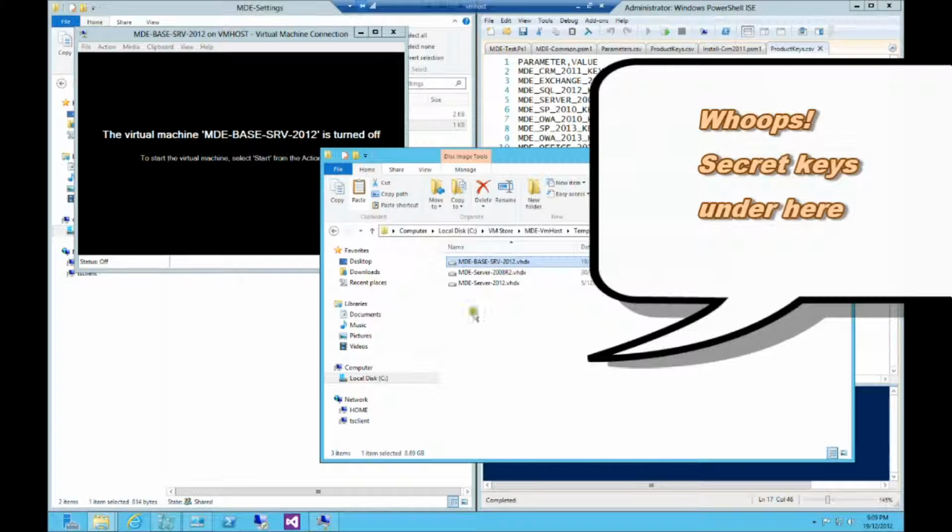Okay, now that we have that copy of the template safe,